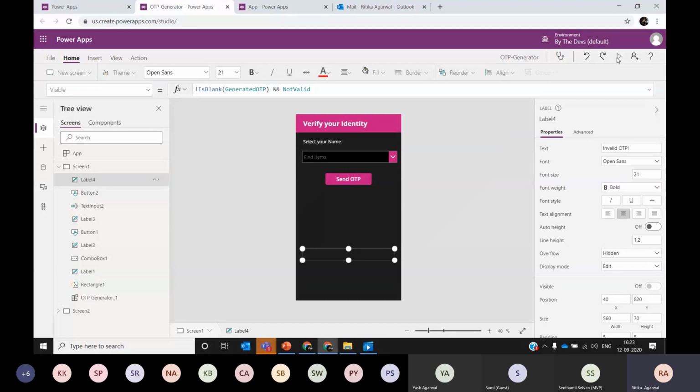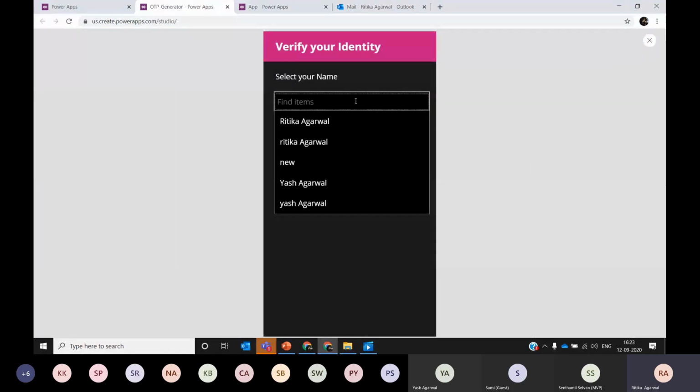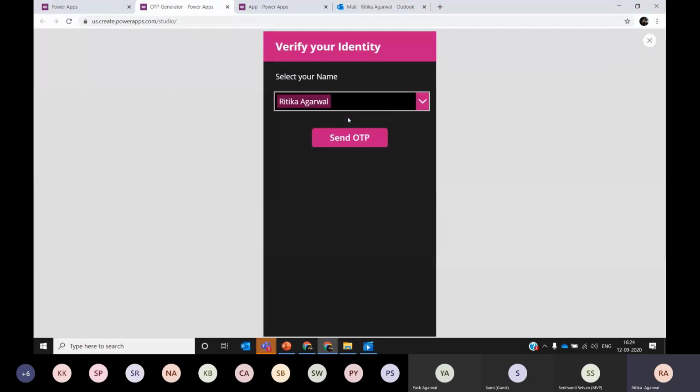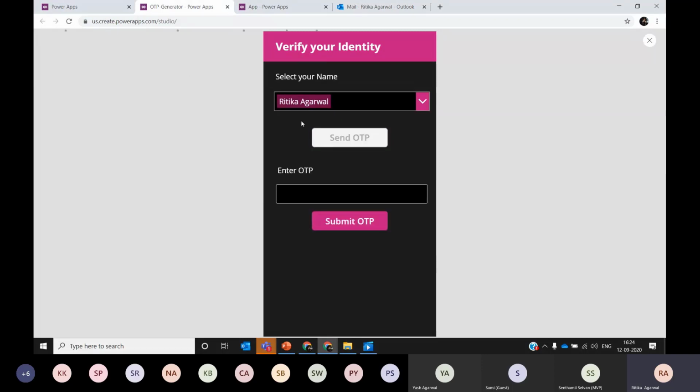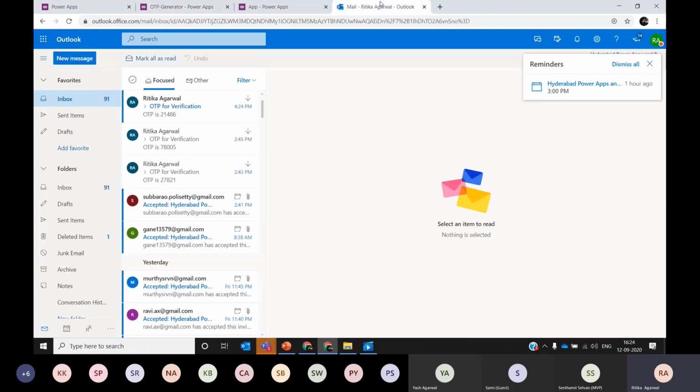So let me play this app for you. And here, if I select, let's say, Ritika Agarwal, and select this send OTP button, it will do some processing in the back end. And as I heard this sound, it sent me an email. So let me go to that email.